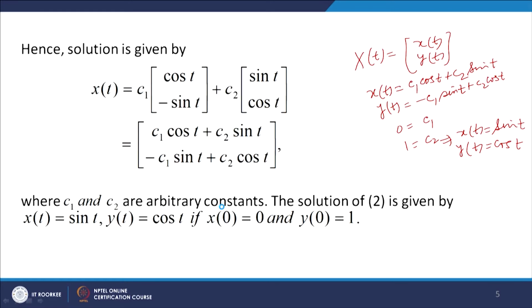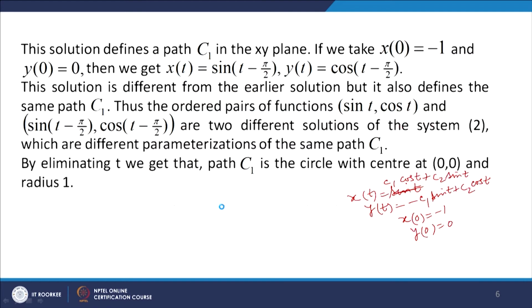if we have x(t) equal to sin t, y(t) equal to cos t, so if you eliminate t, you can get x square plus y square equal to 1, and here also you get x square plus y square equal to 1. So, when we eliminate t, we get that the path C1 is a circle with center at (0, 0)